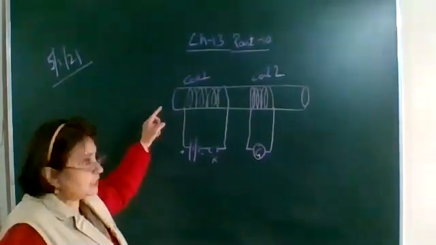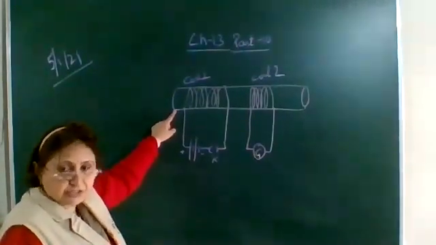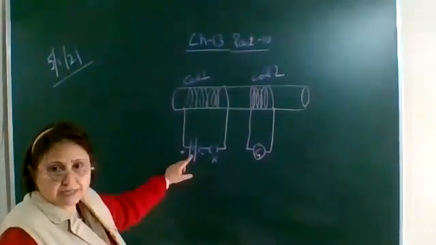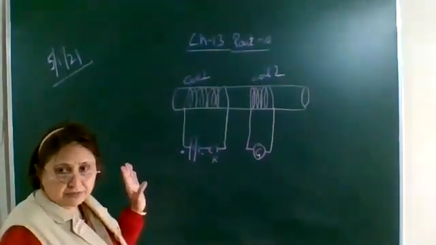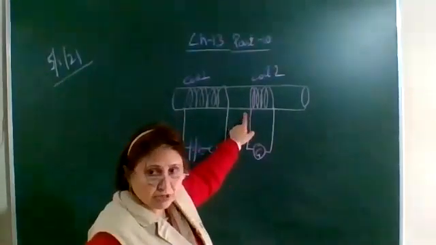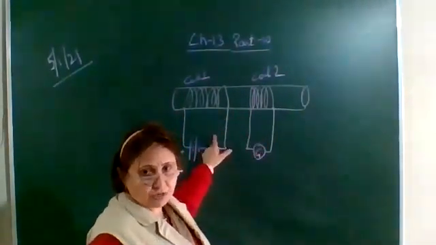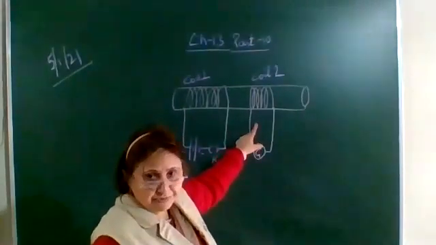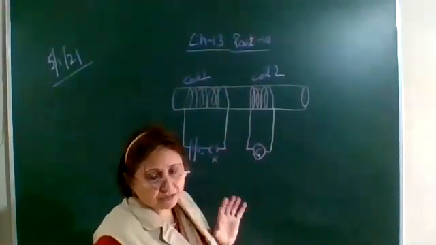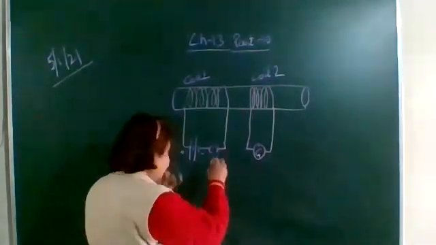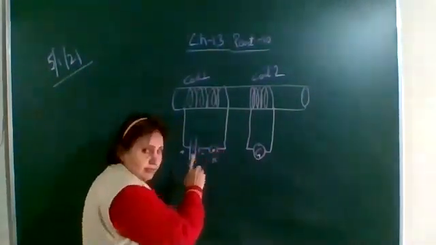On a non-conducting cylindrical rod, two coils are wound. Coil 1 has a large number of turns, suppose 100 turns, and this coil is connected to a battery and a key. On the same rod, another coil is wound, which has fewer turns as compared to coil 1, like only 50 turns, which is connected to the terminals of a galvanometer. Now when the key is inserted,